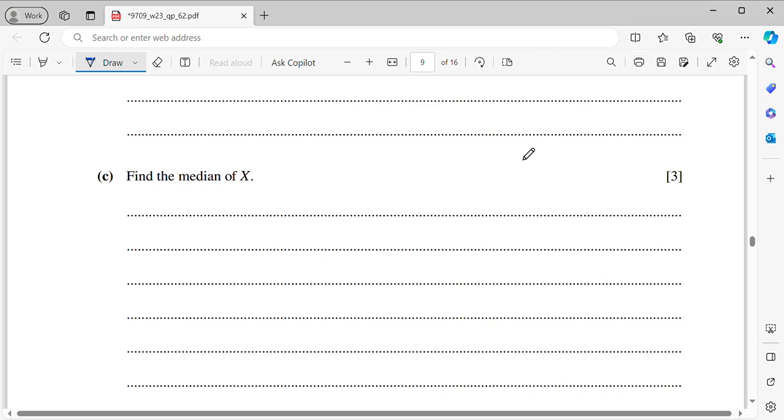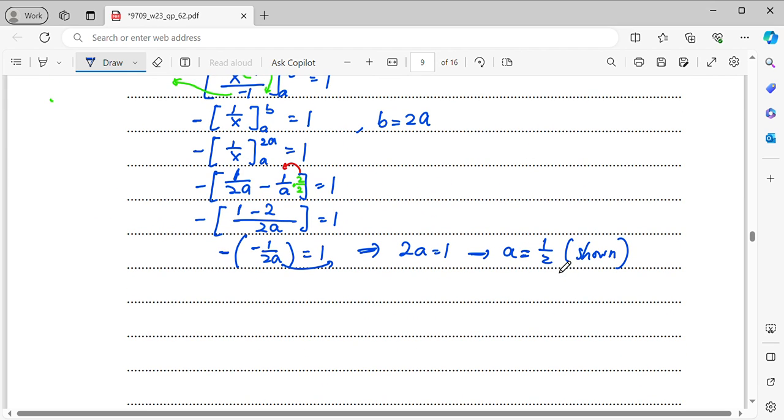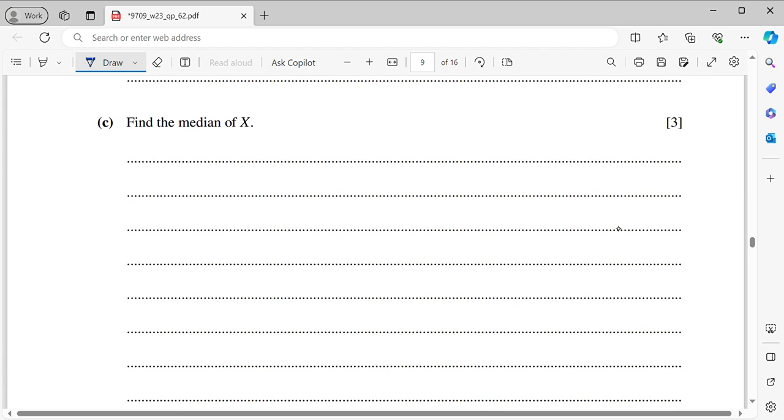Okay, now C, find the median of x. So median is the property that will be half. Alright, so from here I know that my a is half. So which means integrate from half to m f(x) dx, it will be 0.5, because now it will be from a to b. Okay, so now if I need to get the median, let's say this is the m, then I will just integrate from a to m and let it be 0.5,